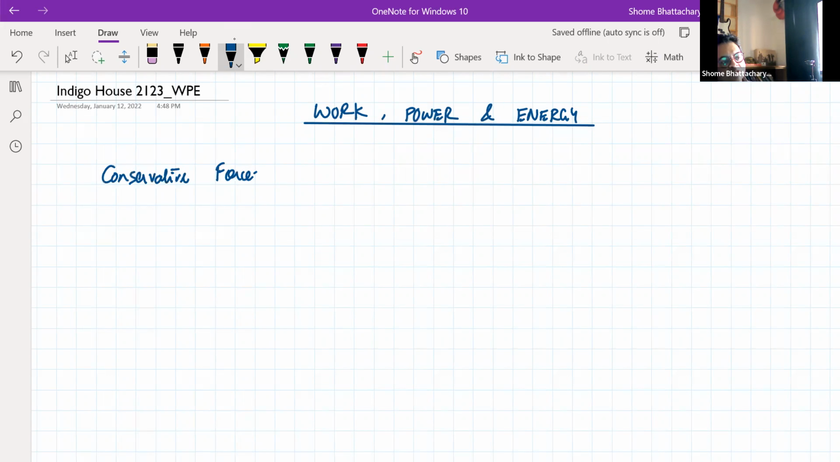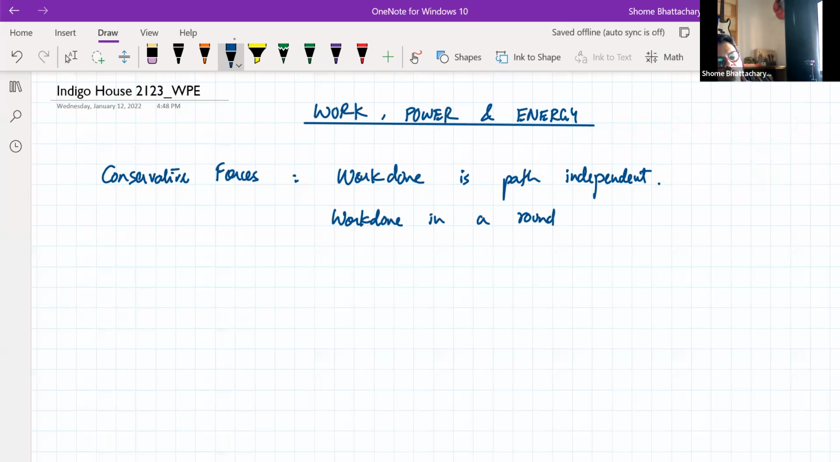So conservative forces are such that the work done is independent of path. That is the definition, and also one property is that the work done in a round trip is zero. In any round trip, the work done has to be zero, by definition, for a conservative force. Okay, so an example is any constant force,